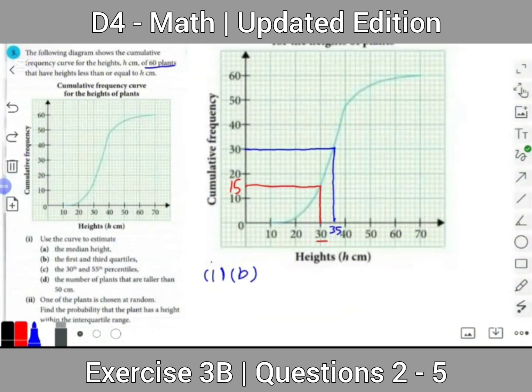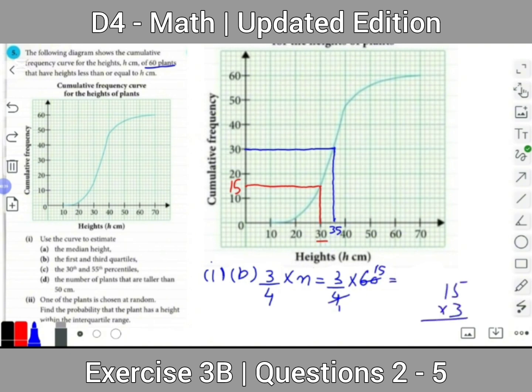Now to estimate the upper quartile or the third quartile from the cumulative frequency curve, we find the position of the third quartile using 3 divided by 4 multiplied by n, which is 3 divided by 4 multiplied by 60. Here we have 15 times 3, so 15 multiplied by 3 is equal to 45. So now we will look at the data value corresponding to the cumulative